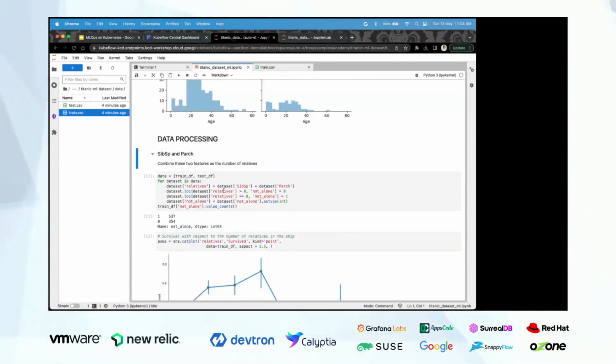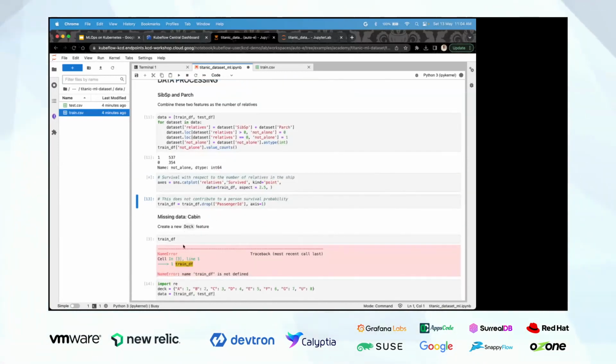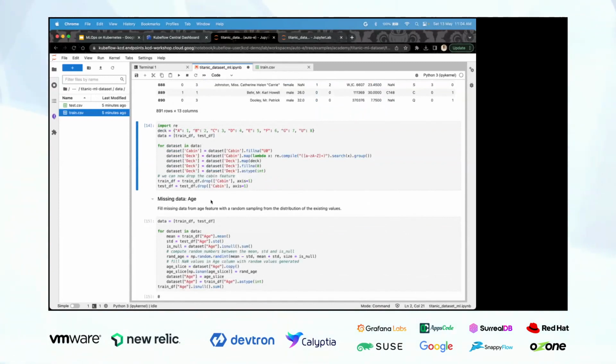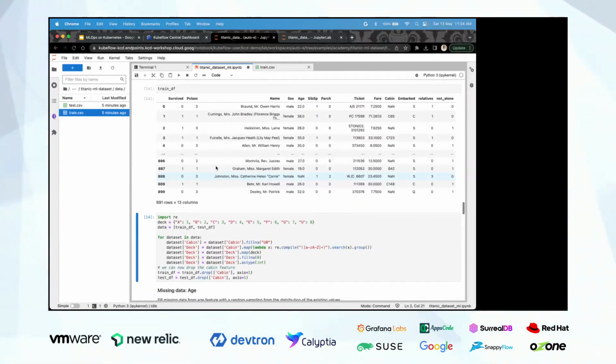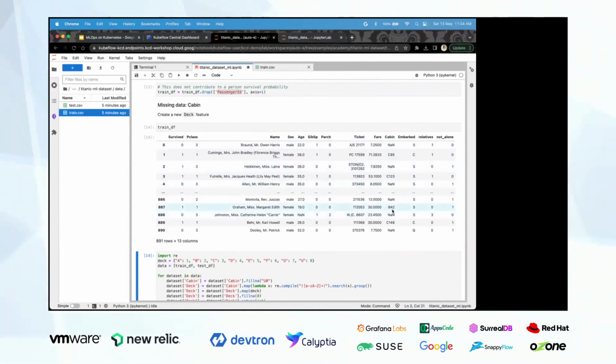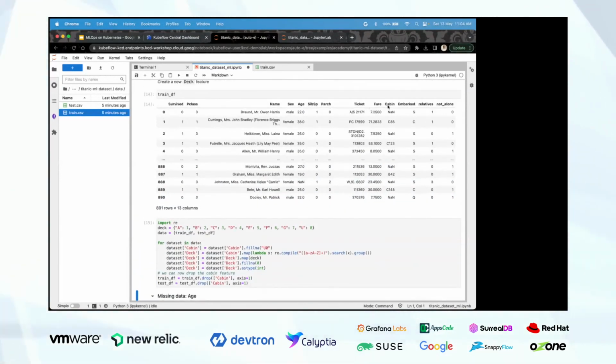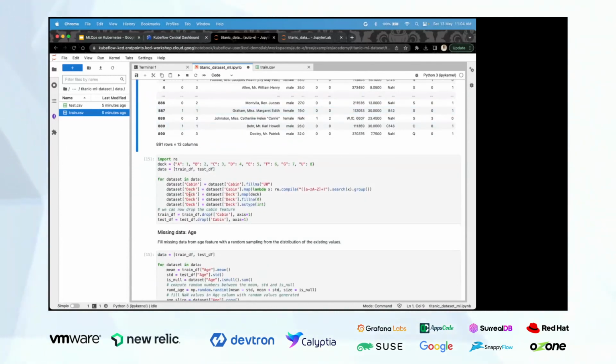Now this is the data pre-processing part, where we are calculating relatives. Since both of these columns represent siblings and parents, we are counting how many relatives there are, and we will create a separate feature for that. And over here we are dropping the passenger ID, which is not required for training the model. Now for the cabin part, we have some numerics and some text. We'll convert that into numeric, and this is the code base for that. Then we will drop the cabin, and we will have a new feature which is deck.